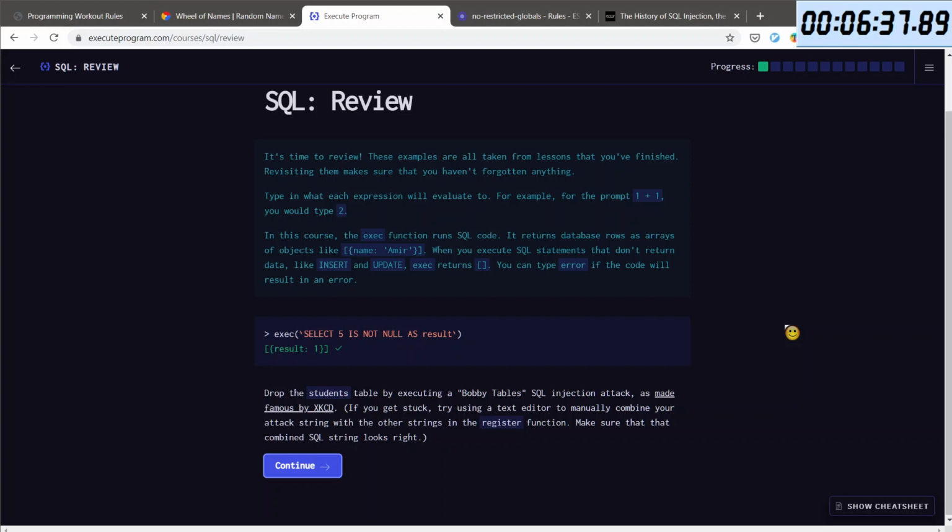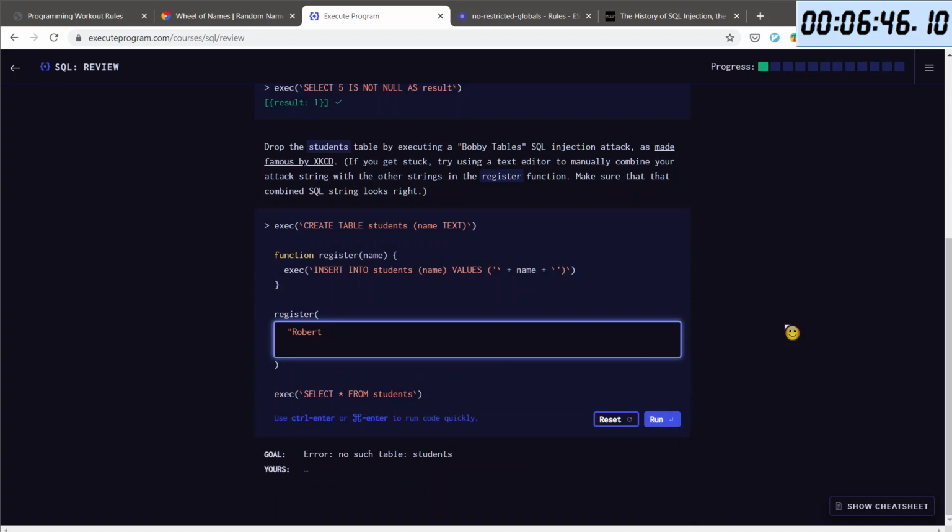Drop the students, but they were executing Bob Tables SQL injection as made famous by XKCD. If you get stuck, try using a text editor to manually combine your text string with other strings. Okay, so what do I want? I want to drop the table. All right. So first of all, I will close that statement, then I will begin a new one and I will say drop table